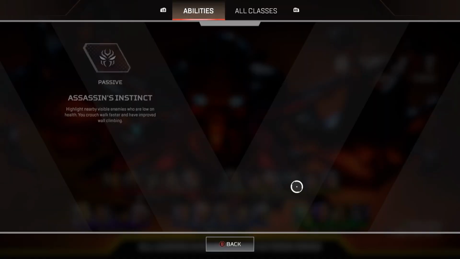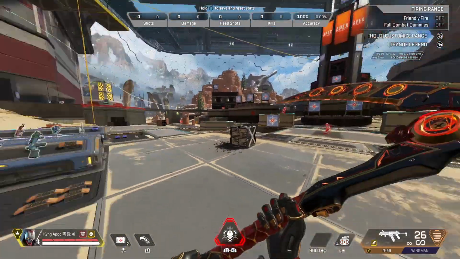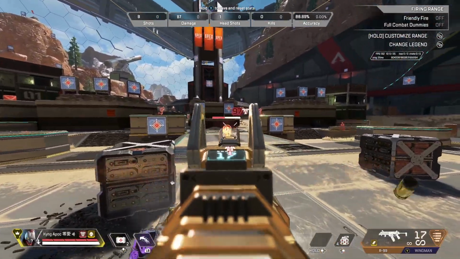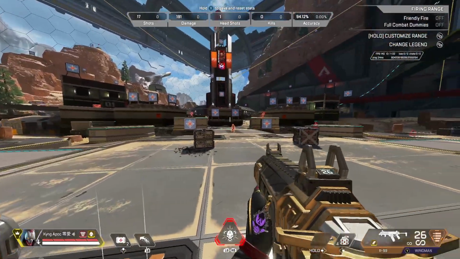So first of all, his passive, Assassin's Instinct. It highlights nearby visible enemies who are low on health. And also, you crouch walk faster and have improved wall climbing. So the first bit says that when they're low on health, they get highlighted. It's not going to work in the firing range, but when they get to around, I'm not sure of the exact number, maybe 30 health or less,